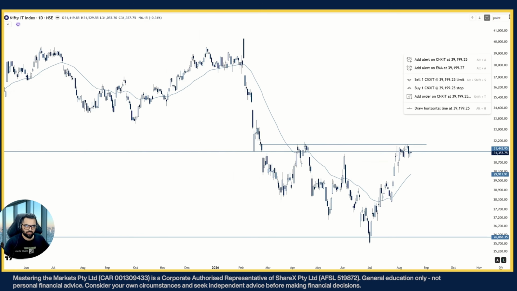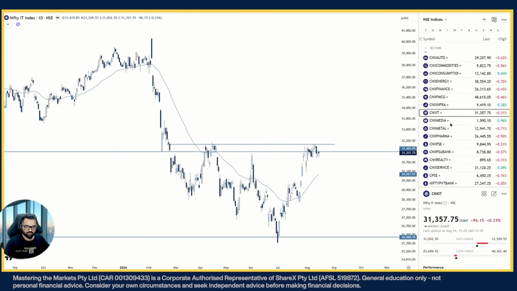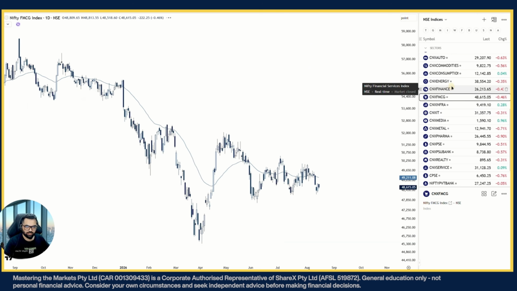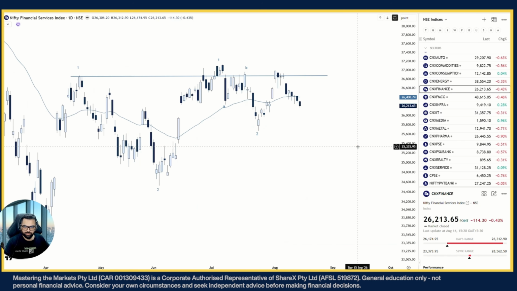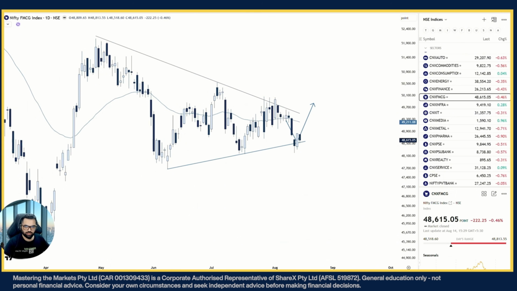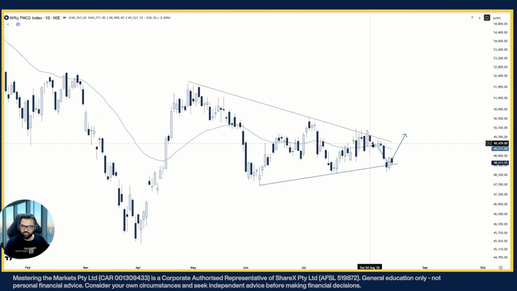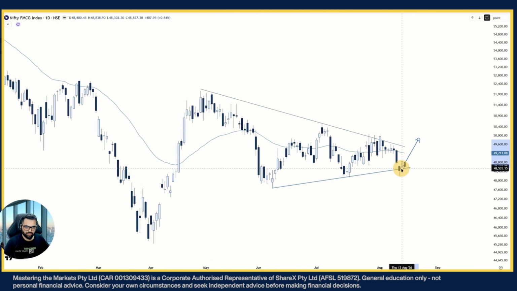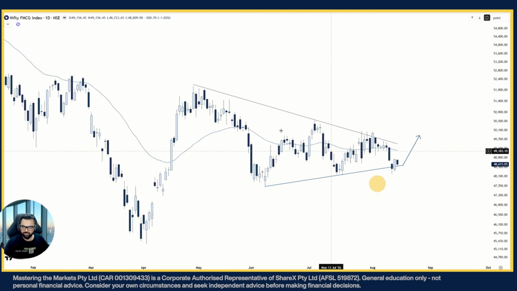So we had a quick look at all the charts that can influence the trend. So let's take a look at a few other indices which I have not looked at from the rotation graph. Finance is similar to banking. FMCG. Yeah. So this one I've been mentioning in one of my previous posts and videos that there's a triangular pattern that I was waiting for it to touch the lower line. Now that it has, if this initial leg up, this one,